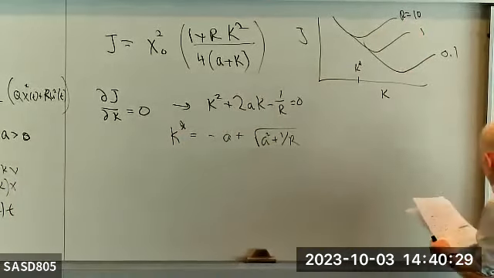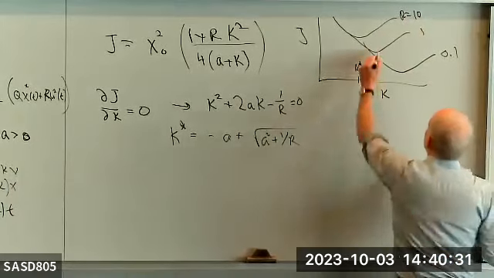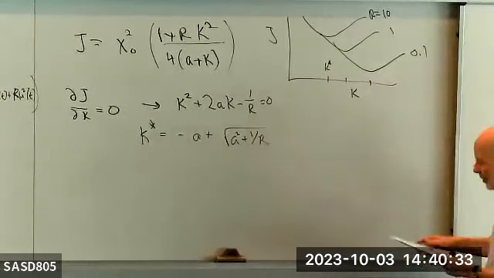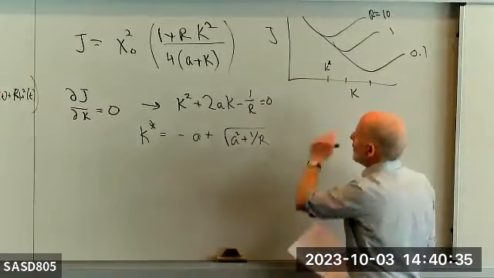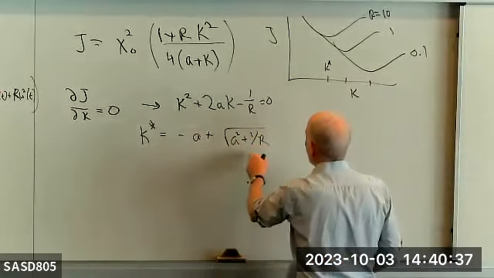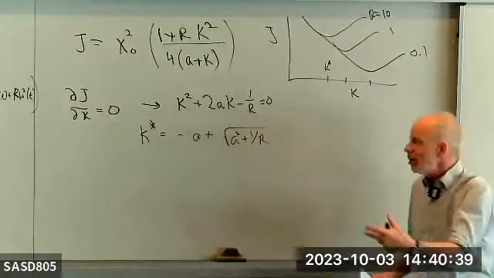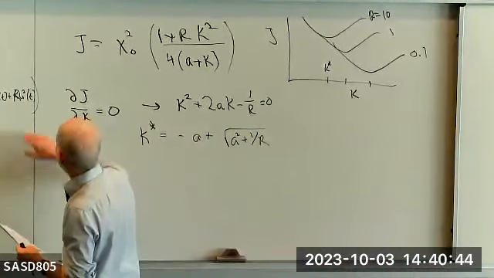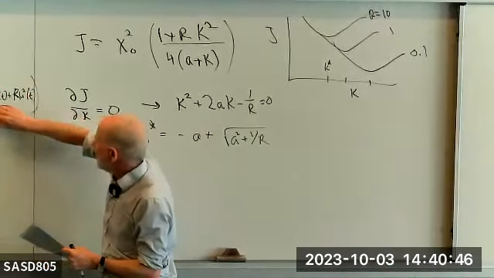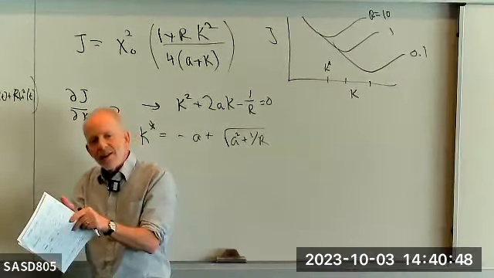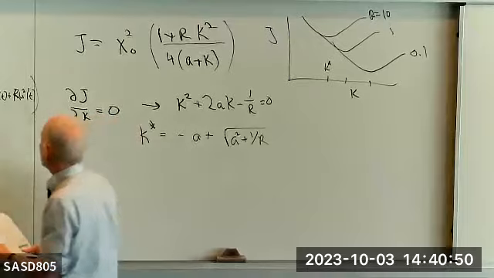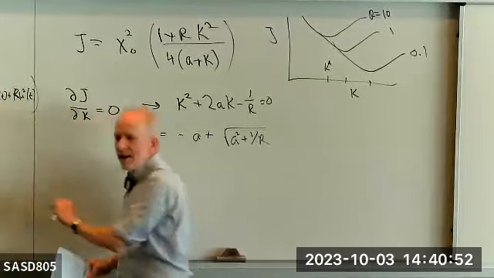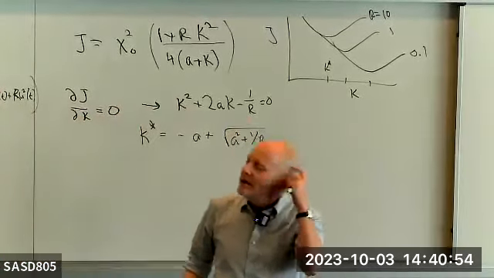And so you just get different values, and you can take limits, and I think I'll skip some of the algebra, but you can take limits for r being very small or large. When r is very small, then it's saying that you want to make x small without caring how